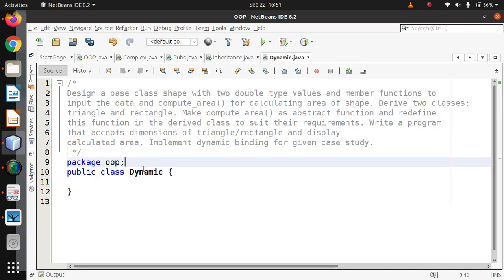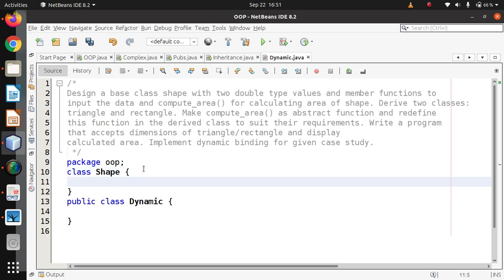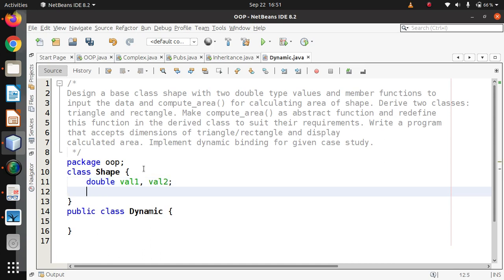Let's create a class whose name is shape, with two double type values: double val1, val2. Then the member functions, it should be methods actually. Methods are the member functions of the class.